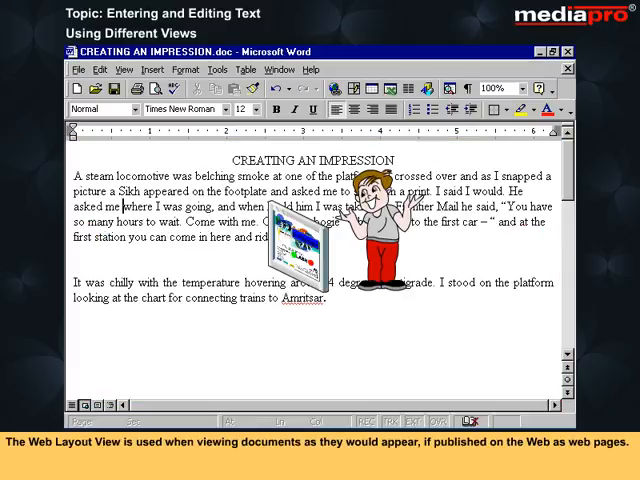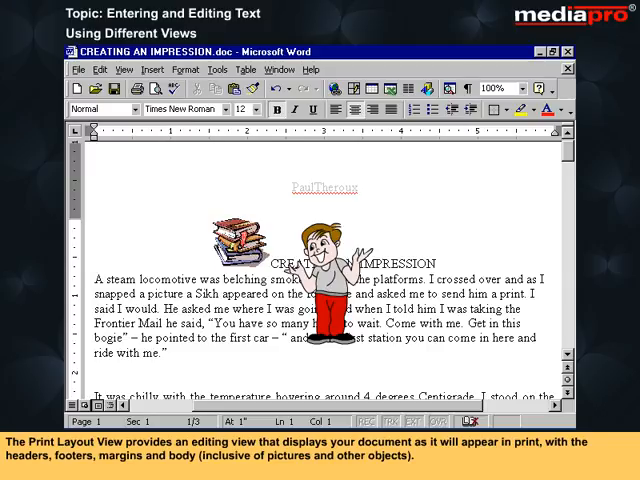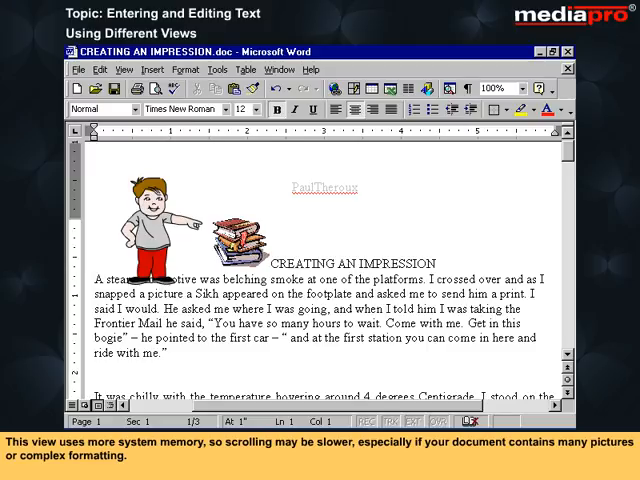The web layout view is used when viewing documents as they would appear if published on the web as web pages. The print layout view provides an editing view that displays your document as it will appear in print, with the headers, footers, margins, and body inclusive of pictures and other objects. This view uses more system memory, so scrolling may be slower, especially if your document contains many pictures or complex